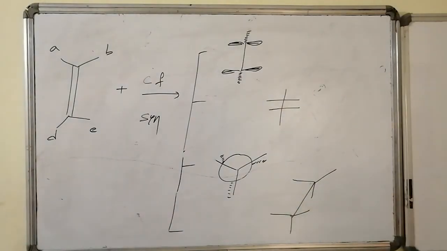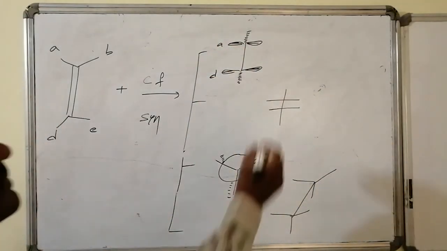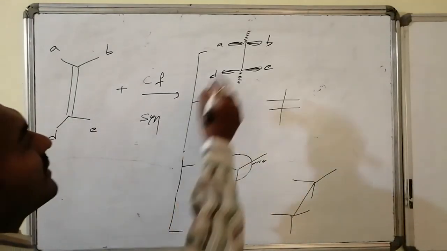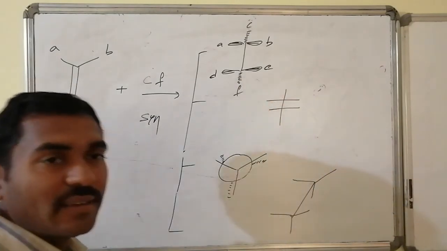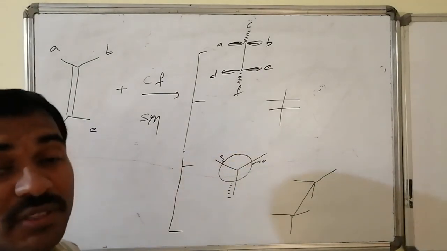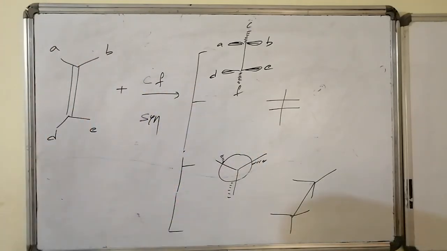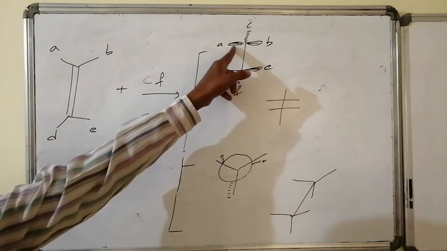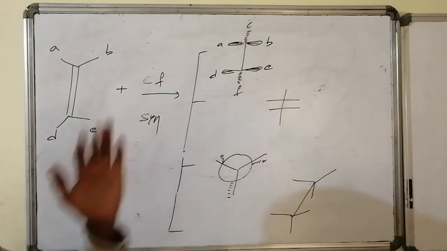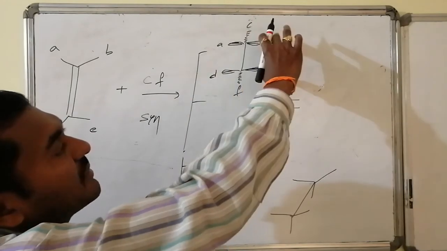Here I am writing one of the ways, whatever A and D are there, A and D are written as it is. Similarly B and E are syn to one another because those groups are present in one plane. The added groups, one here I am writing C, one here I am writing F. You can apply the other rules and get the other things also, but the strict rule to be maintained is that whichever syn groups are present on the same side of the double bond on the ends of the carbons, those are written on one plane. These are planar connectivities. Syn addition implies planar addition is present, so therefore in one plane C and the same plane F should be there, A and D, B and E, C and F.